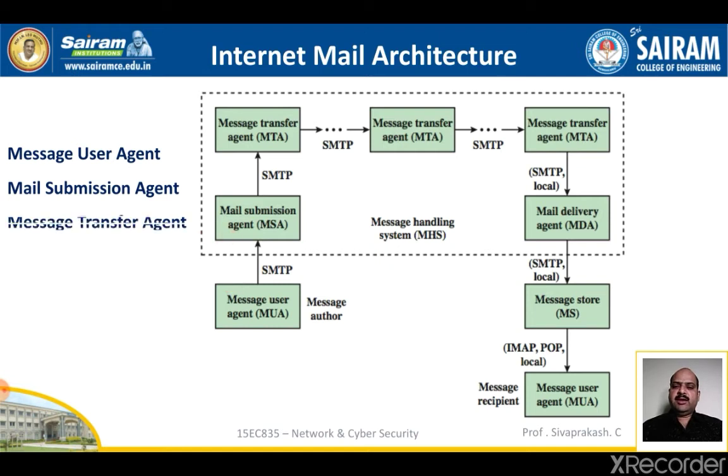The next one is the message transfer agent, MTA. The MTA relays mail from one application-level hub to another. It is like a packet switch or an IP router in that its job is to make a route assessment and to move the message closer to the recipient. Relaying is performed by a sequence of MTAs, that is, message transfer agents, until the message reaches the destination.